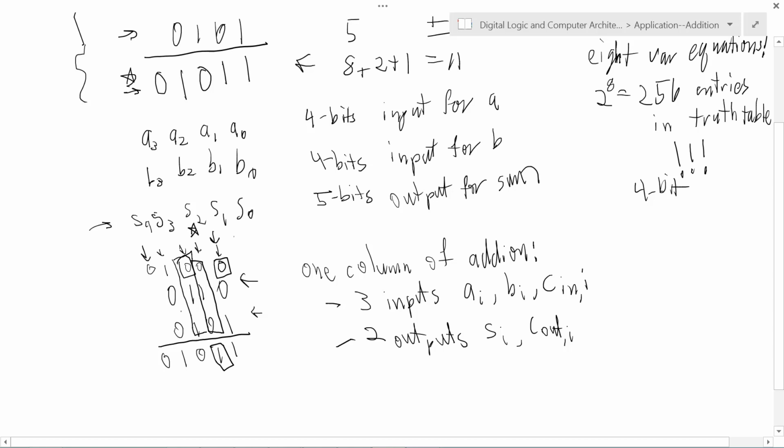And our last column, we have only an output here. This value can be copied to this output value here. So no logic is necessary for the last column. Now that we've broken it down, we can see that we need only